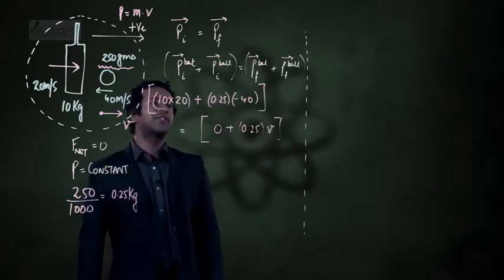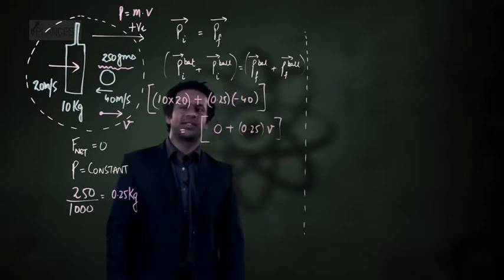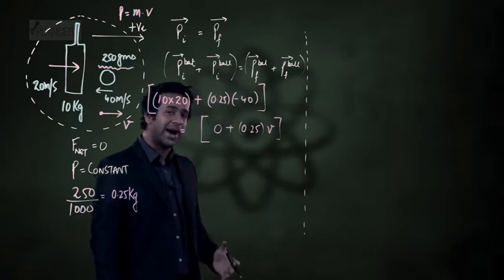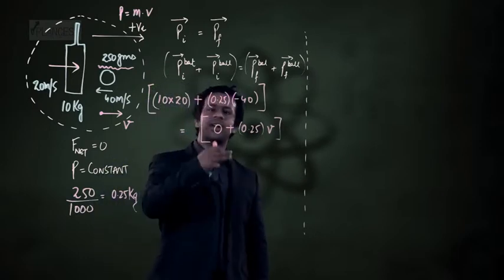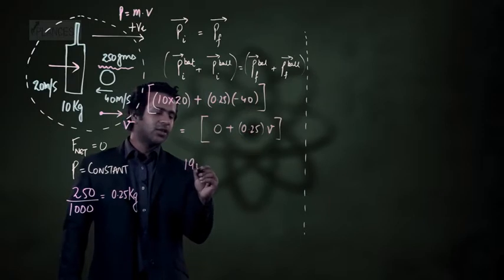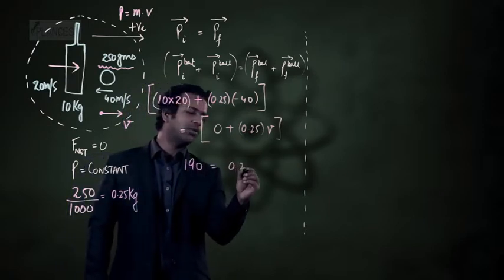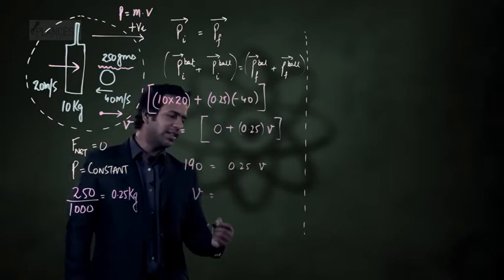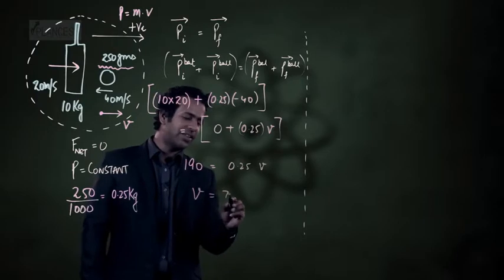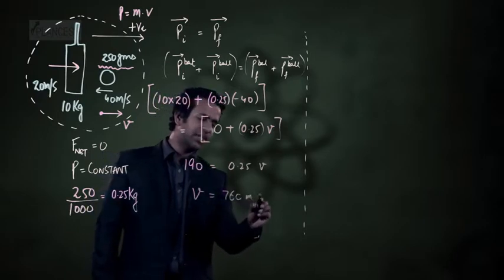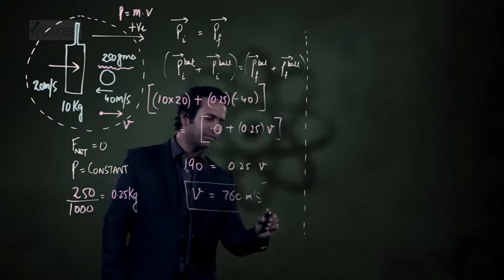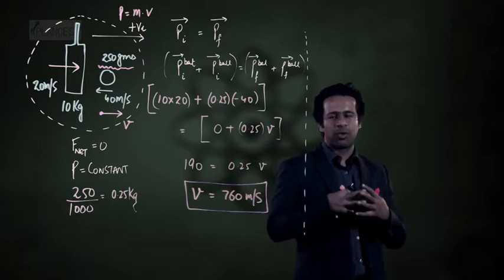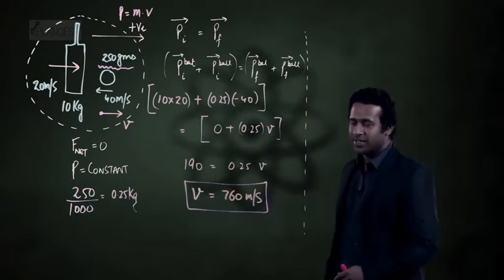Right. So let's first calculate the left hand side of this equation. The first term is 200. The second term, if you multiply this, is minus 10. So 200 minus 10 gives you 190. So 190 is equal to 0.25 times v. If you calculate this, you would see that v turns out to be 760 meter per second. Now, this is actually a very high speed, and this probably does not reflect a realistic situation,